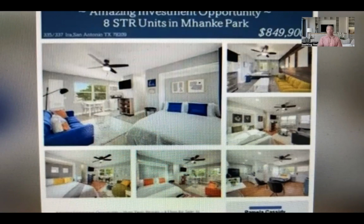bedrooms. This is normally a traditional rental. You rent for $1,500 per unit. So if all 4 units are rented, you have a total of around $6,000 of monthly gross rent on a purchase of $849K. That's if it is a pure investment property, but you're using a house hacking situation, so you're using 1 unit